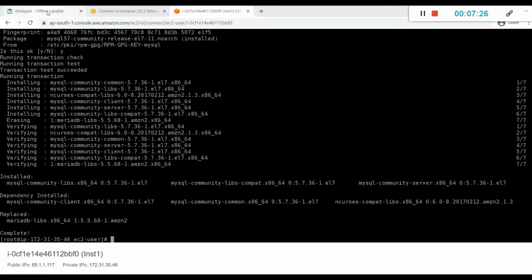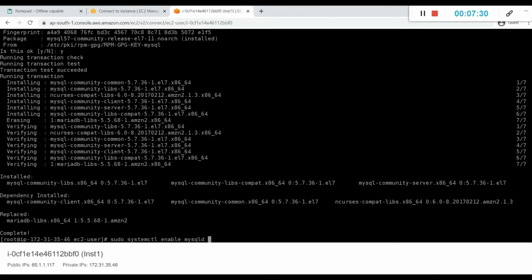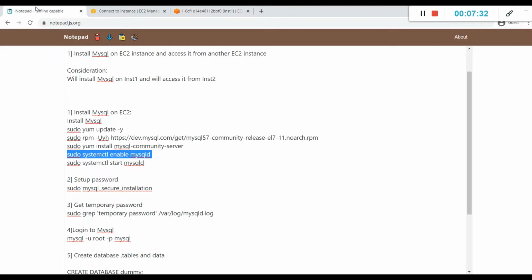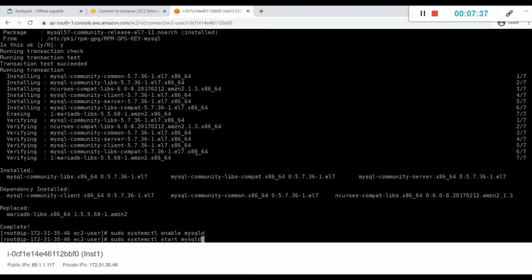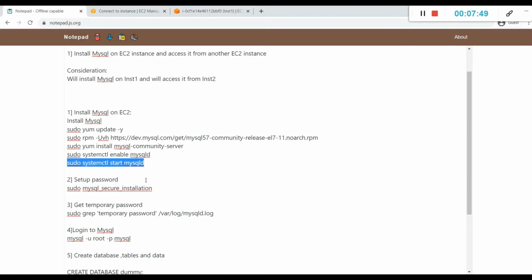Okay, so installation is done. Now we will enable MySQL and we will start the service mysqld. Okay, so after this we want to connect to MySQL on inst1 because we want to create the database and table and all. So for that we first need to